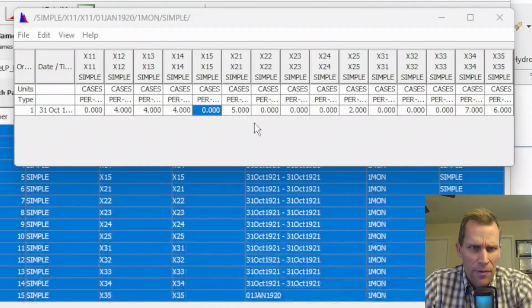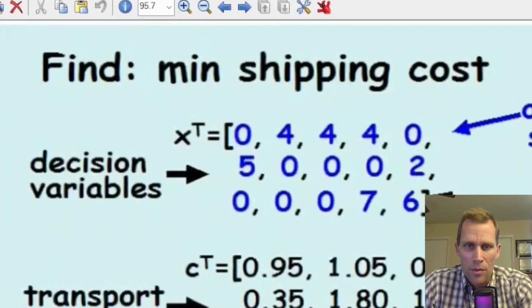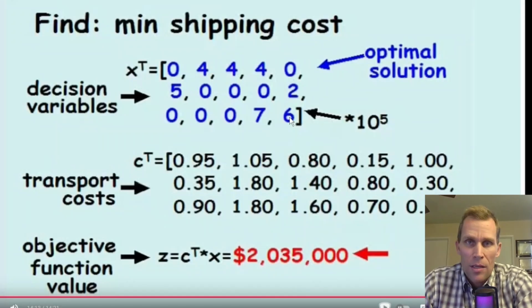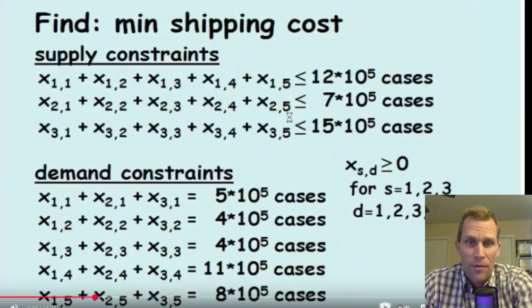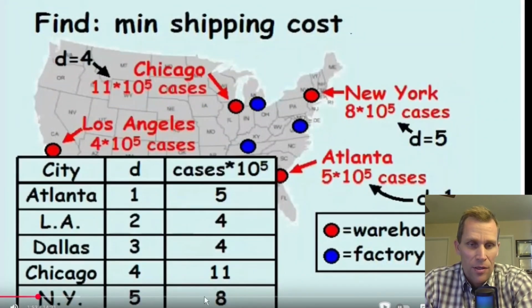5, 0, 0, 0, 2. So what we have here is 5, 0, 0, 0, 2. And then out of factory 3, it's 0, 0, 0, 7 and 6, which according to the results I have here is 0, 0, 0, 7, 6. So this 6, for instance, is factory 3 transporting to warehouse 5. If I go back, we have factory 3 is Nashville, and it's transferring to New York, which is warehouse 5,